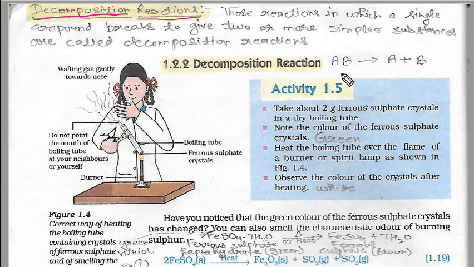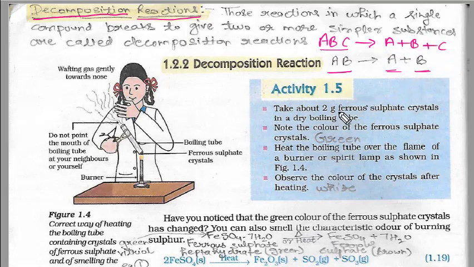That means decomposition reactions are those in which AB breaks down to give A plus B, or you can say that ABC breaks down to give A plus B plus C. So it can be of any type. As you can see, on the reactant side there will always be a compound, but on the product side it can be an element or a compound or both. That you have to remember.